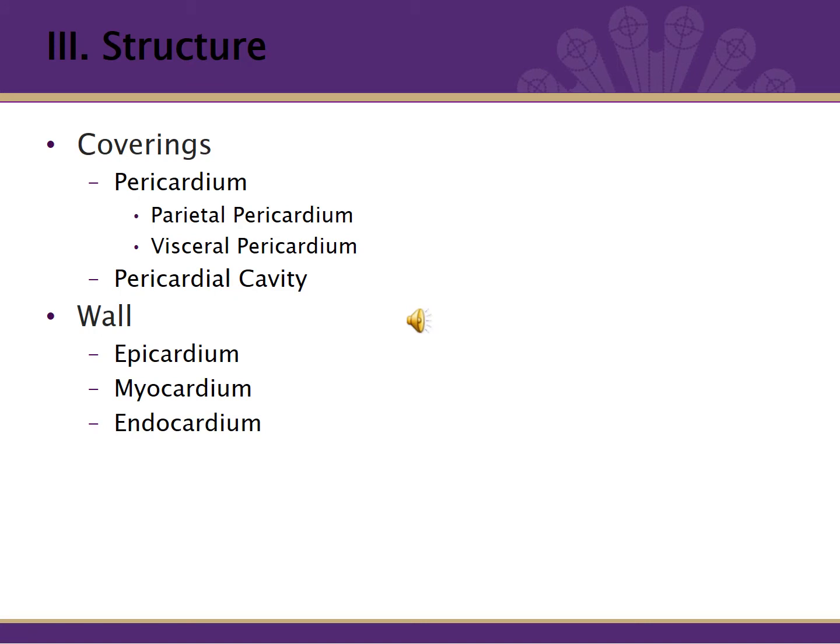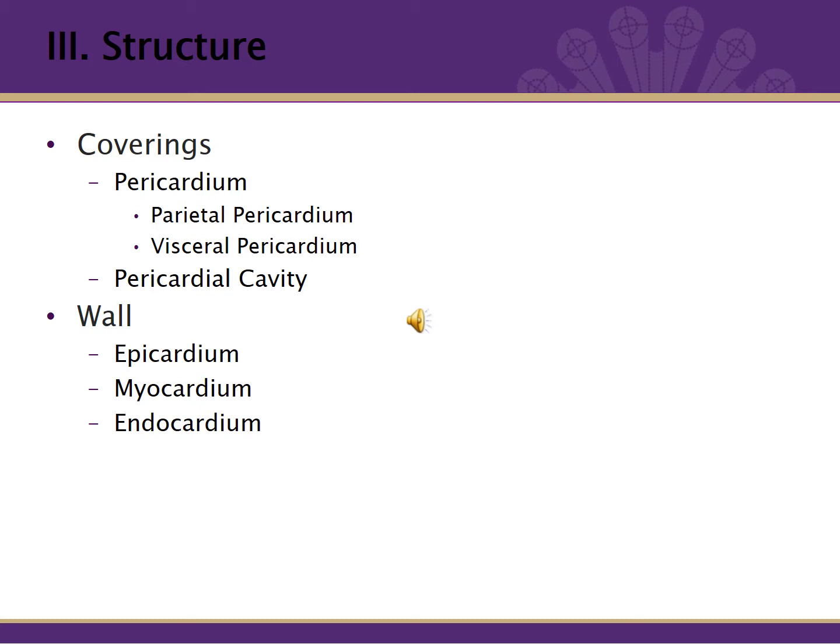The heart has a covering called the pericardium. The pericardium is broken into the parietal pericardium, the top portion, and the visceral pericardium, the bottom portion. The parietal pericardium has an outer fibrous layer and inner serous layer. Think back to our tissues chapter and the discussion on membranes. The visceral pericardium is formed by the serous layer of the parietal pericardium turning inward at the base of the